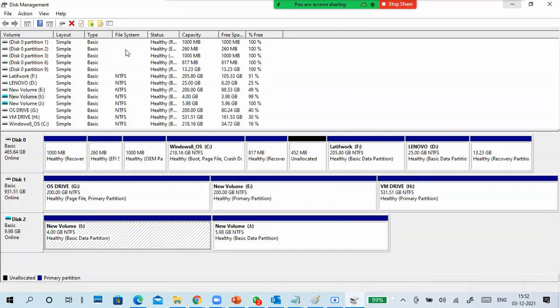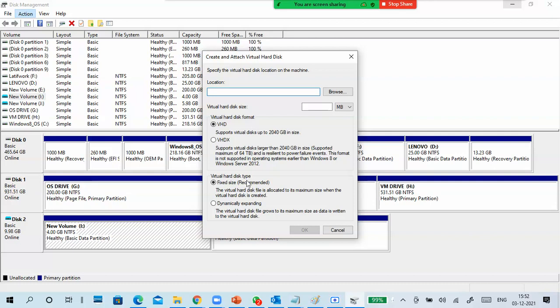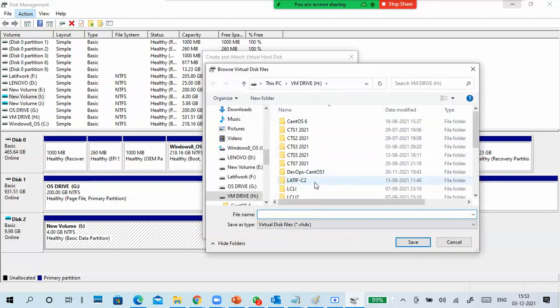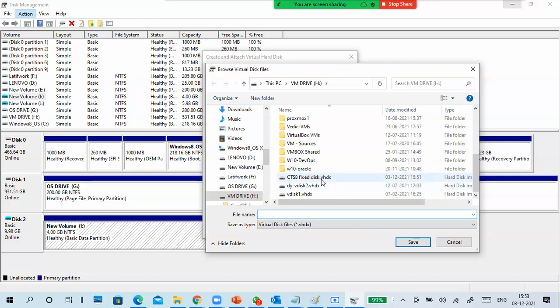So only one more thing I want to show you. Dynamically expanding. So create virtual hard disk, dynamically expanding, VHDX, same 10 GB, H drive, browse. Okay, it is the H drive.